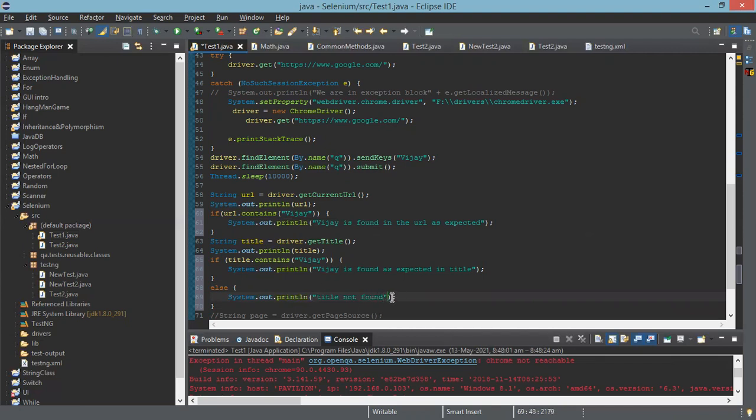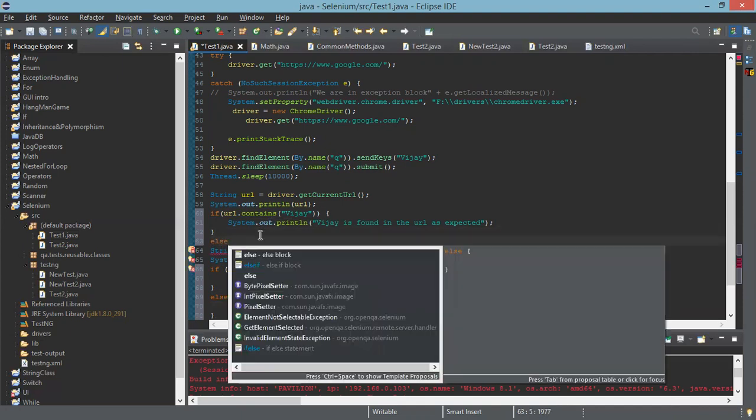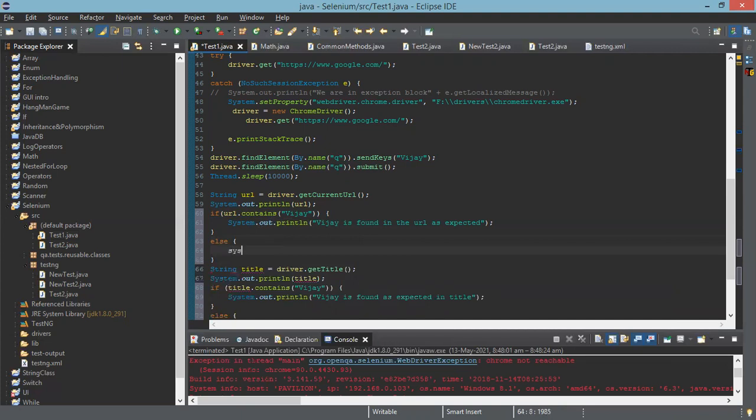There also you add an else block. URL not found as expected. Yeah, save.